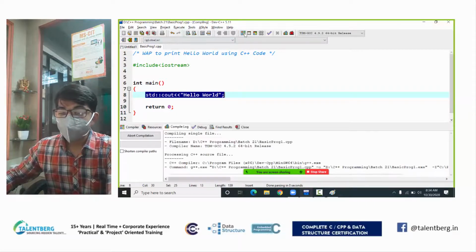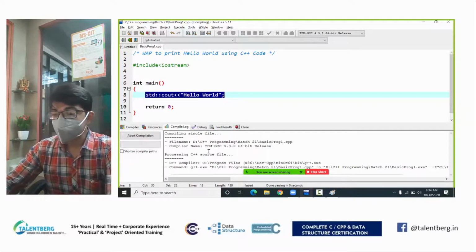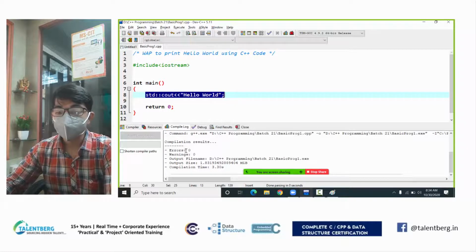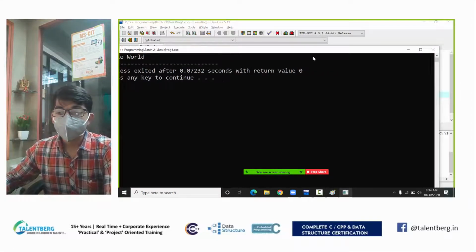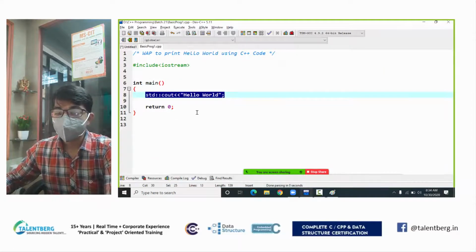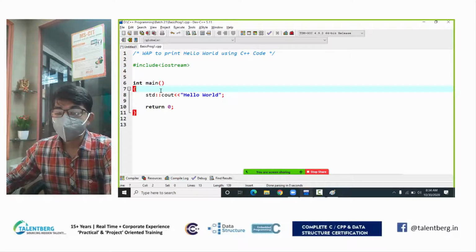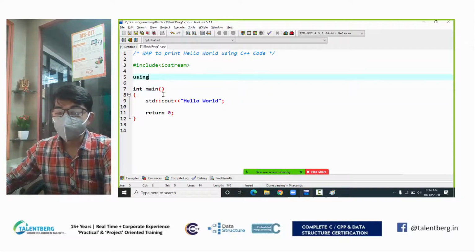Now I compile here, and now it is successful. You can see the errors are 0, warnings are 0. If I click run, my output is hello world. So this is my first program in C++. I close this, and here I can show you: if you type using namespace std, and if you just type cout, the meaning is the same.